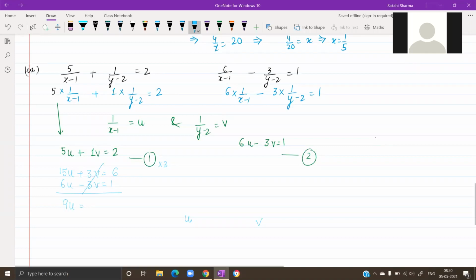Excuse me, ma'am. Yes. Ma'am, when we multiply an equation, a new equation is found, should it be given a new number like equation 3? No, you are asking about these after replacing 1 over x minus 1 and 1 over y minus 2. No, you don't have to do it. That is only for your reference in case you want to mention it somewhere in the question. उसके बिना भी काम चल जाएगा. The equation